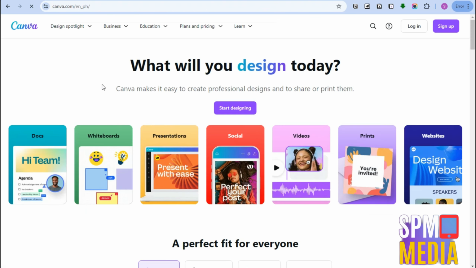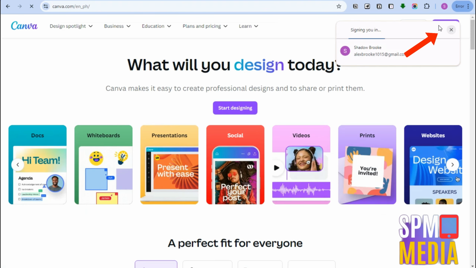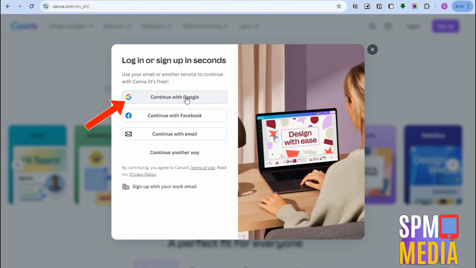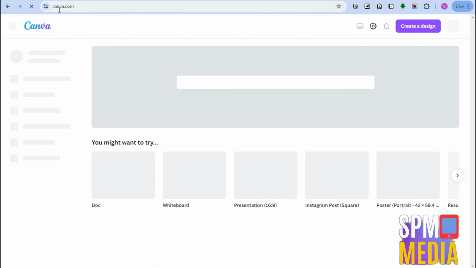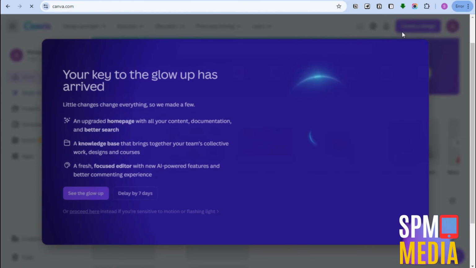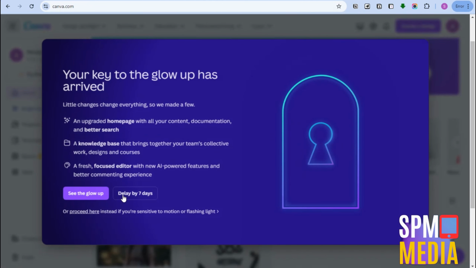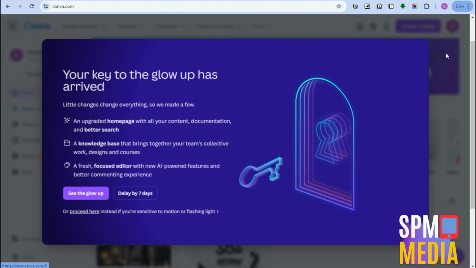So basically, if you want to have a Canva account, you have to go to Canva and create an account here. You have to sign up using your email address. Once you have created a Canva account right here, what you're going to do in order for you to have access to their Pro,